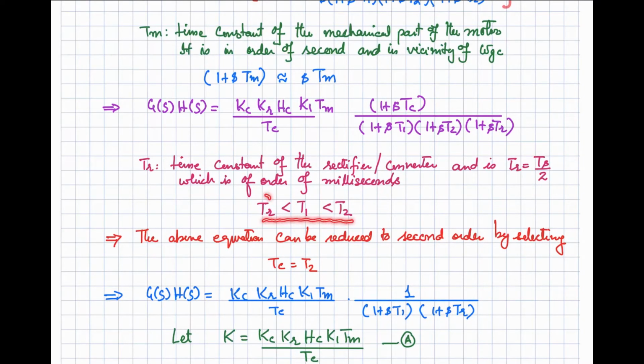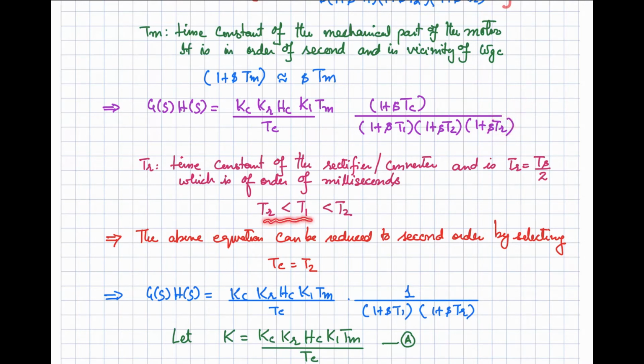Then we can use the fact that the delay of your converter circuit is the smallest one as compared to T1 and T2, and these are the two time constants which we derived in the last lecture, based upon the motor resistance Ra, motor inductance La, motor inertia J, and Bt, the frictional constant of your machine as well as the load that you are going to apply. So it depends upon these four parameters. This Tr is purely based upon the power electronic converter, so it is the smallest one.